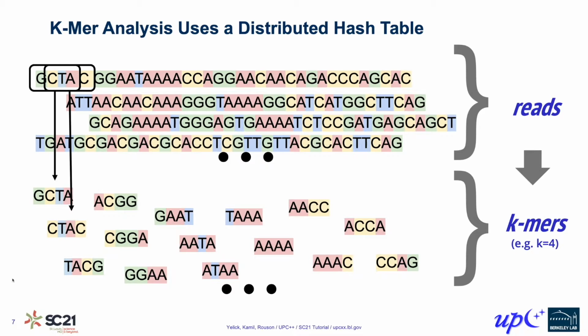The first step is k-mer analysis. This picture shows an example of what the k-mers look like. These are 4-mers, and notice that they overlap, so there's a k-mer starting at every character in the input. 4 is a ridiculously small number for k-mers, but is used here for illustration. In practice, you would be using something like 21 or 51-mers, and this will blow up your data set by almost a factor of k.